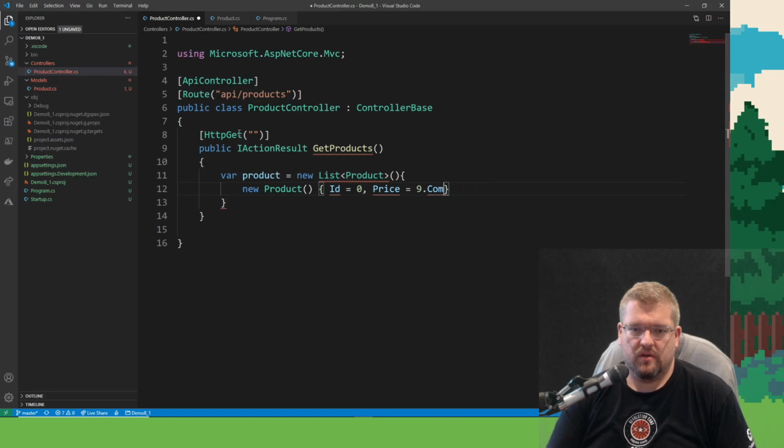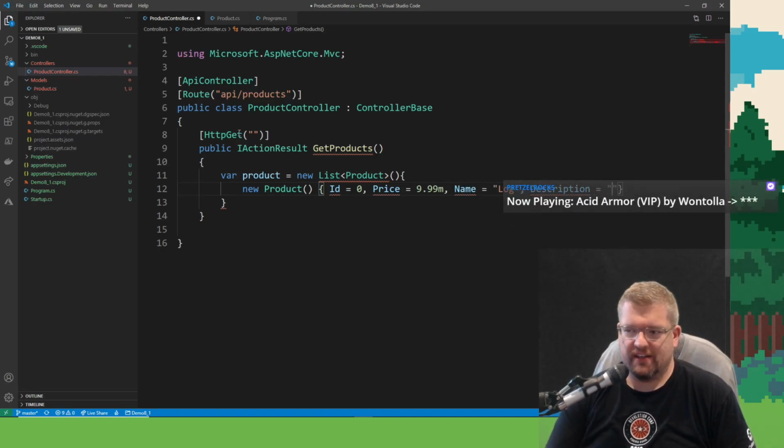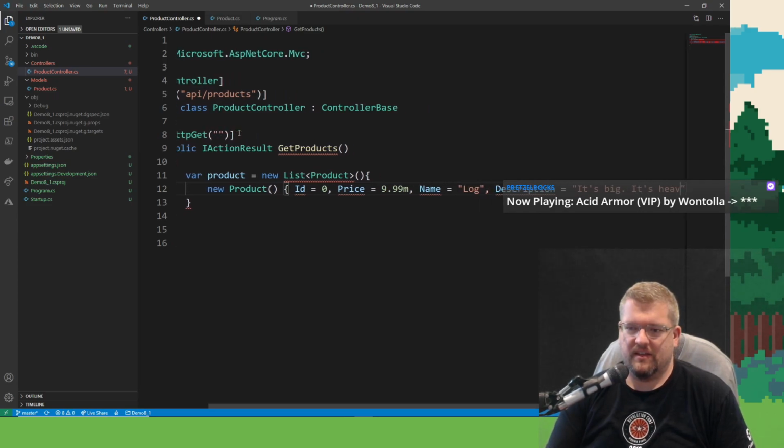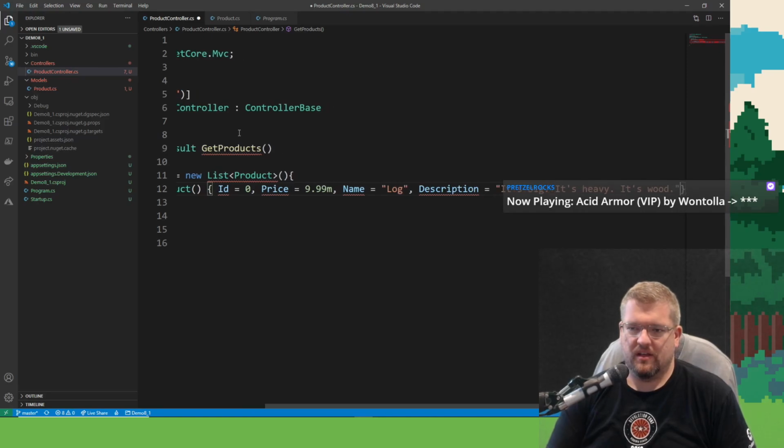Oops. 999M. And then I have description, name, log. So I've been going off this log technique. It's big, it's heavy, it's wood. Why are you mad at me?